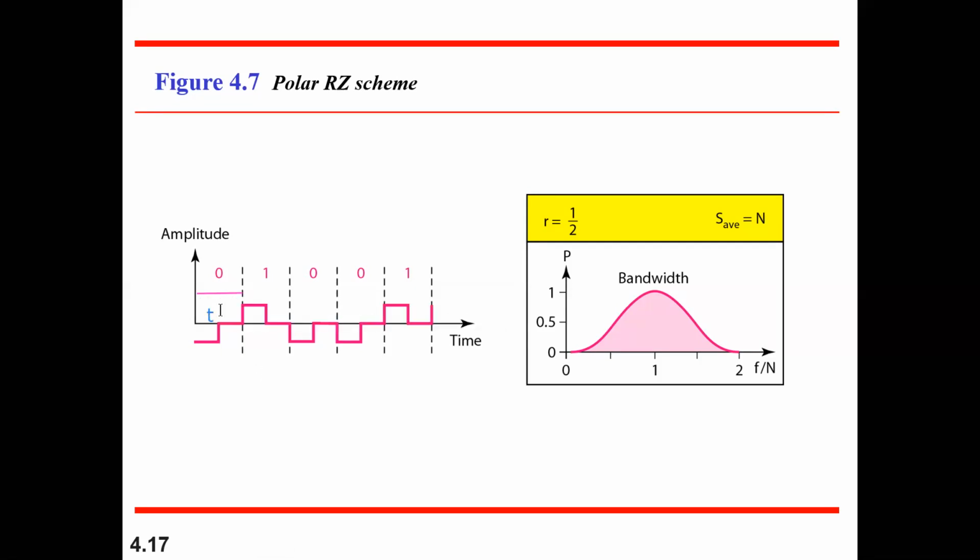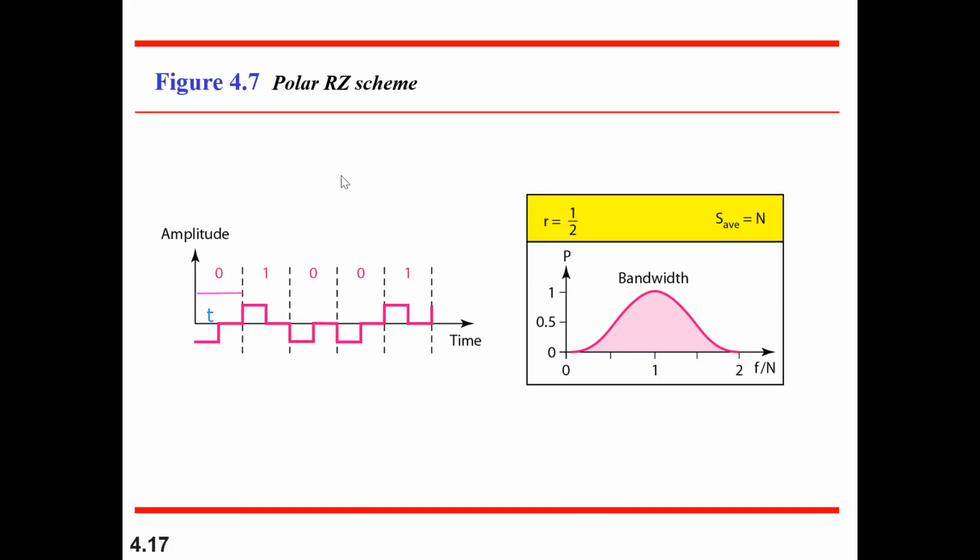This is the time that we are having. During this particular time, whatever data is coming, that data needs to be transmitted. During that transmission, in between, it will go to this reference pointer. If it is 1, it will come from the highest one and reach the lowest one. So this is how it works with respect to the polar return to zero scheme. Okay, so this is over.